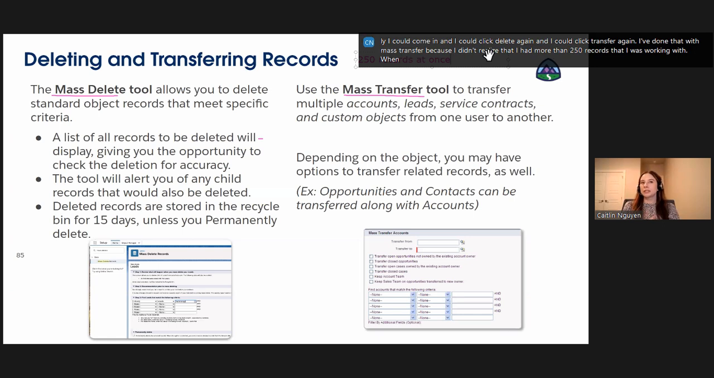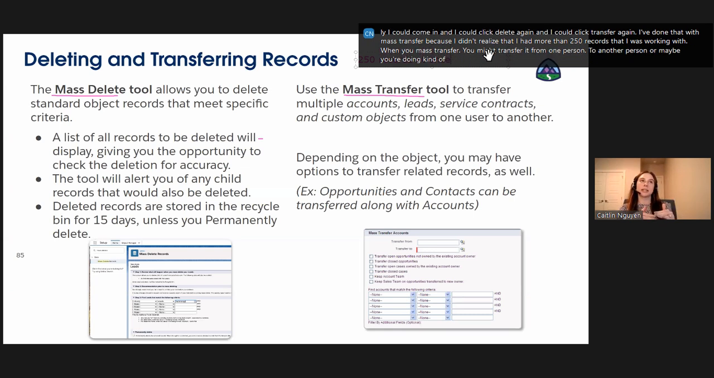When you mass transfer, you might transfer it from one person to another person, or maybe you're doing a rearrangement, or a reorg of accounts and who owns them. You might leave transfer from as a blank field and then just transfer to one person based on criteria. So maybe I don't fill in the transfer from, I do fill in the transfer to,